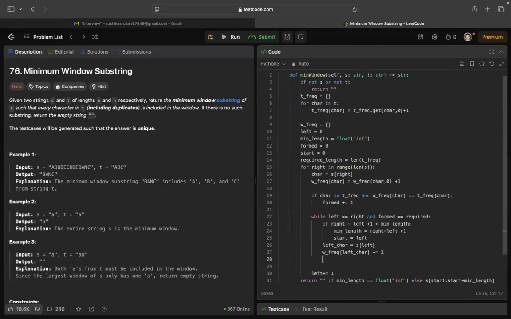So when will you be decrementing the formed variable over here? If my S map doesn't have the frequency that is equal to the required one. Oh yeah, I missed that case. So if the left character, if that character is in the T frequency map,